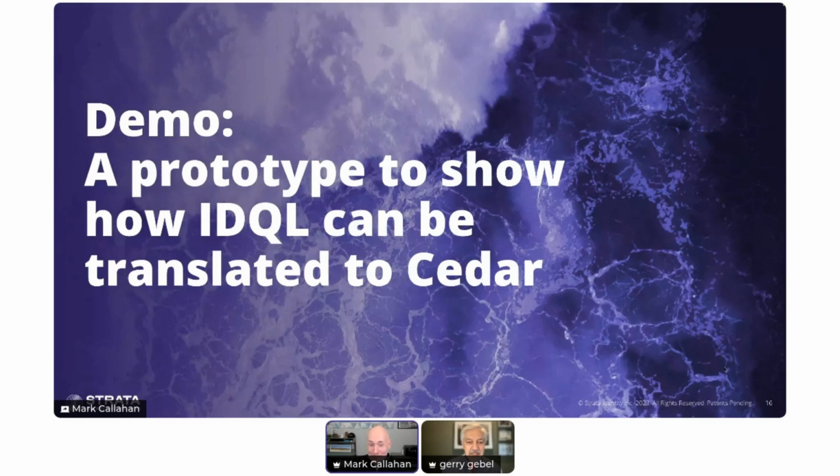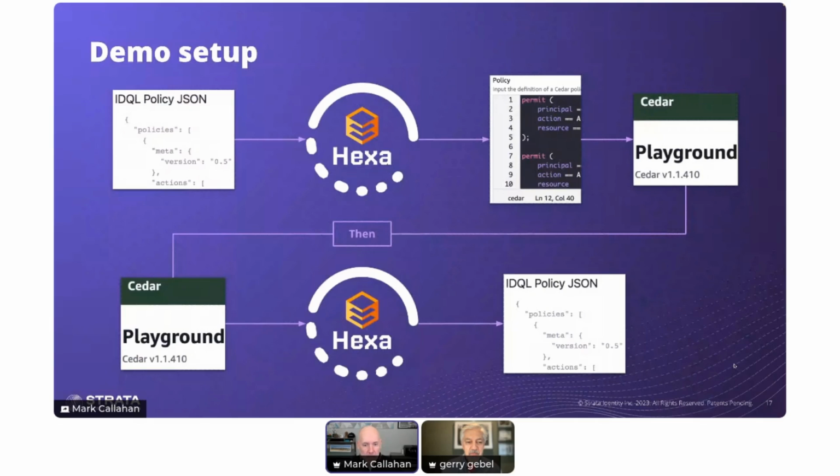So this, of course, begs the question, everyone wants to see, okay, I've heard the story. We've learned a little bit about AVP. We've learned about Cedar. We've seen the intersection of IDQL and Hexa with them. As we look towards a demo, let's throw caution to the wind and see if we can actually get one together. I know in talking through the process, we wanted to show there is no smoke and mirrors here. This is fully functioning prototype code. What can we expect? Yeah, emphasis on prototype.